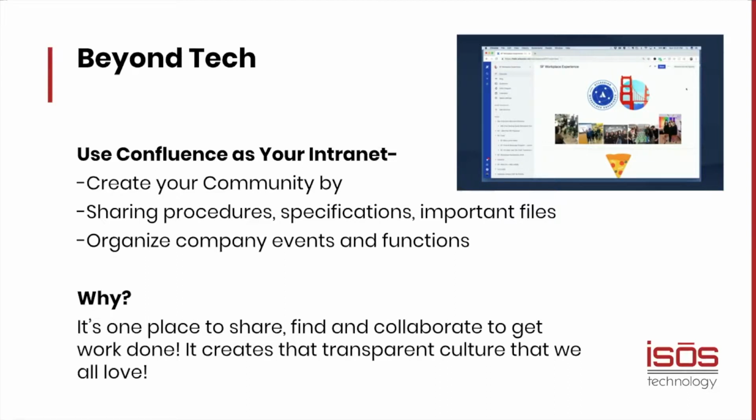So first off, stepping into the world of tech was new to me. And honestly, I was a bit intimidated when I first started working with Atlassian tools. But go figure, I wasn't the only one. So I wanted to share from one of the presentations some things that I learned, and that is using Confluence as your intranet. Confluence is one of Atlassian's tools that can be used for announcements, such as what's for lunch